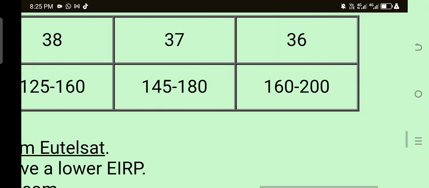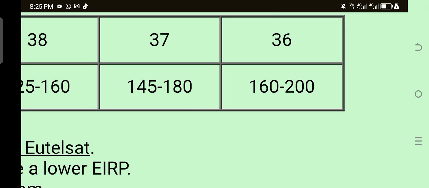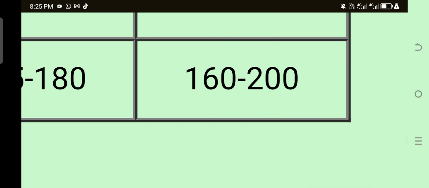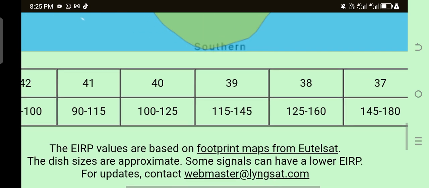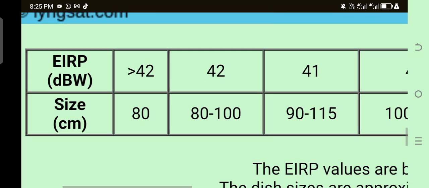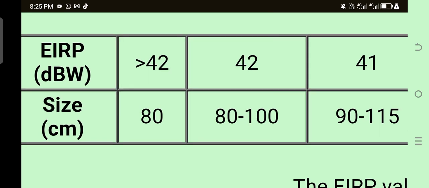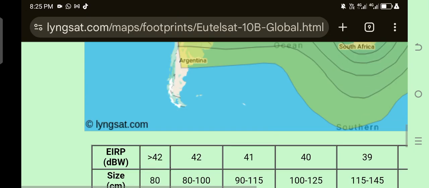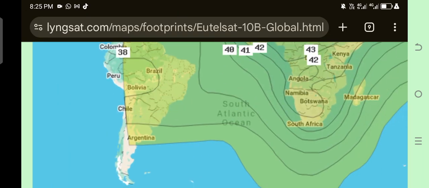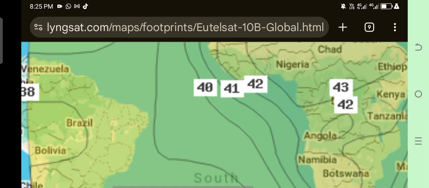So the least is 160 to 200 centimeter. Anything that is greater than 42 should be 80 cm or even 80 cm. So if you have somewhere like this one is 40,